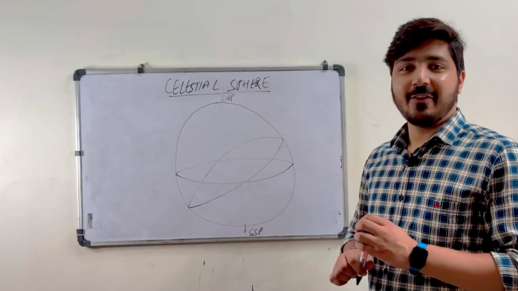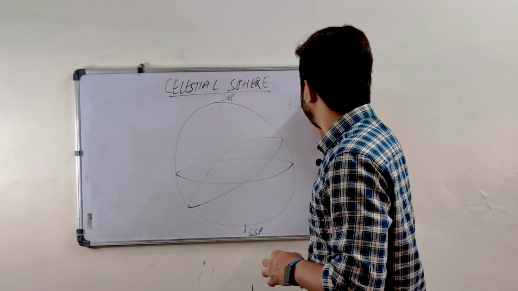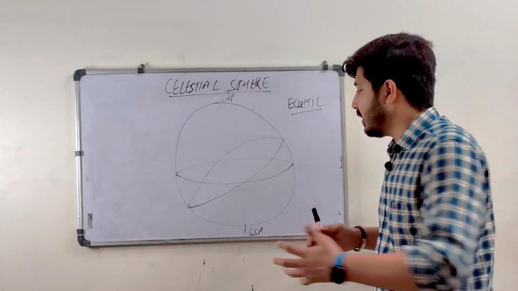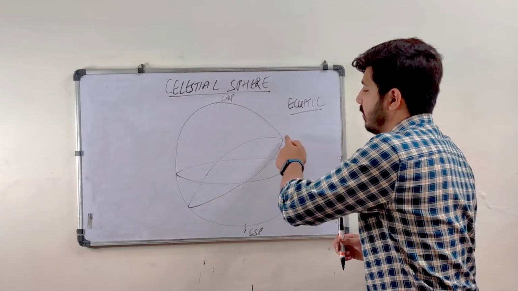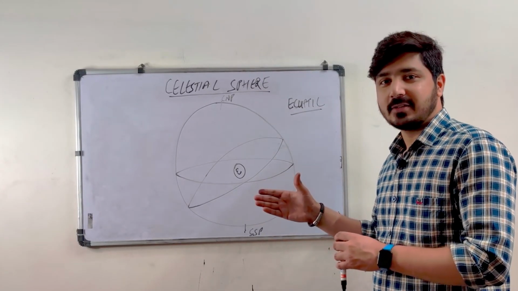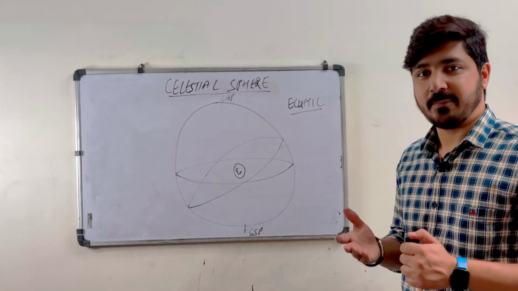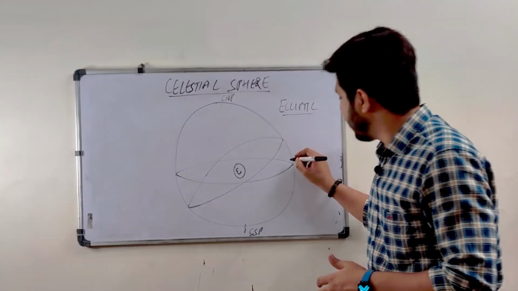Alright guys, now we will cover one more concept here, that is the concept of ecliptic. What is ecliptic? Ecliptic is the path of the sun around the earth. Well, actually this is the path of the earth around the sun, but here in the celestial sphere we consider that the earth is not moving but the sun. So you can see here this is the equinoctial,